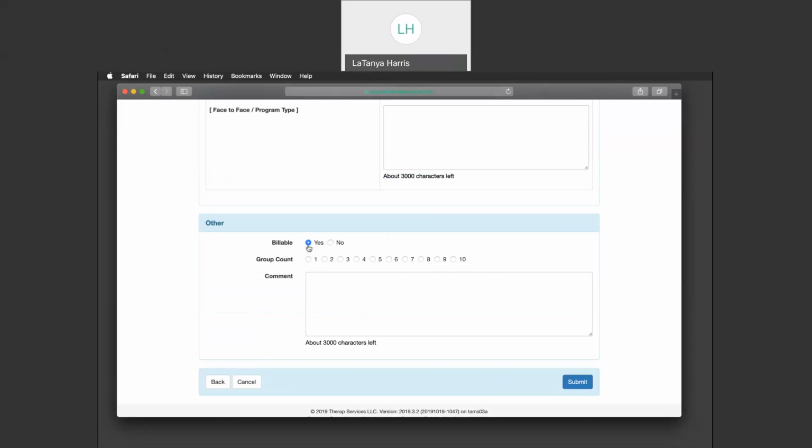click that is billable. You click yes. Group count, you don't worry about. And comment is if you want to add any additional information as it relates to working with the particular individual. So this again would be if you decide that you're going to document immediately after you initially acknowledge an ISP